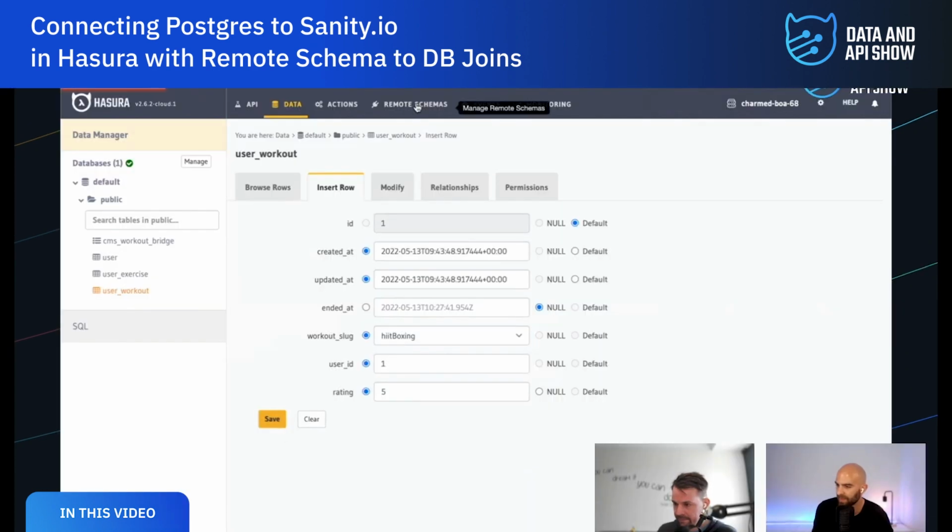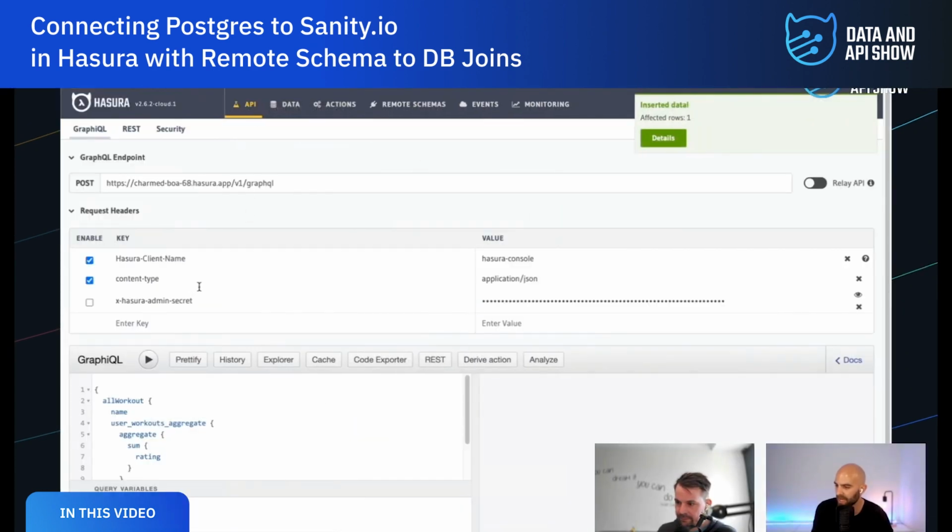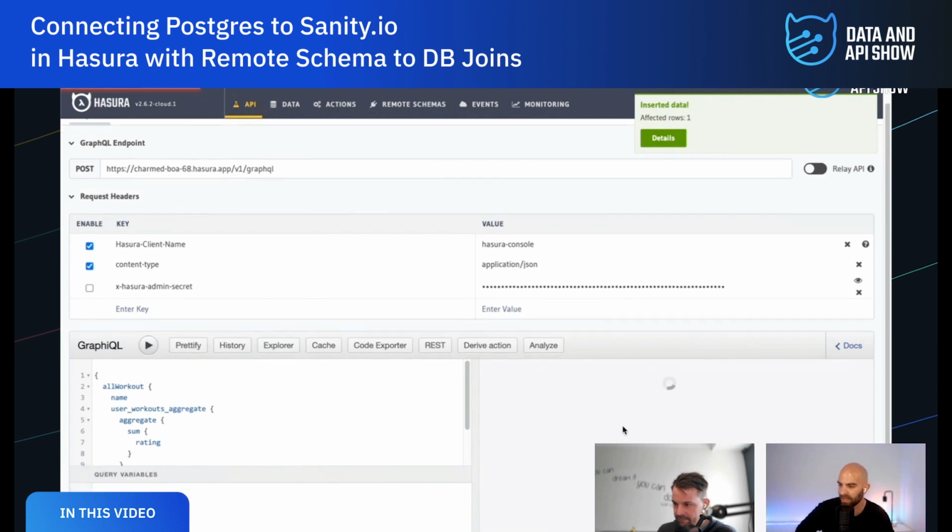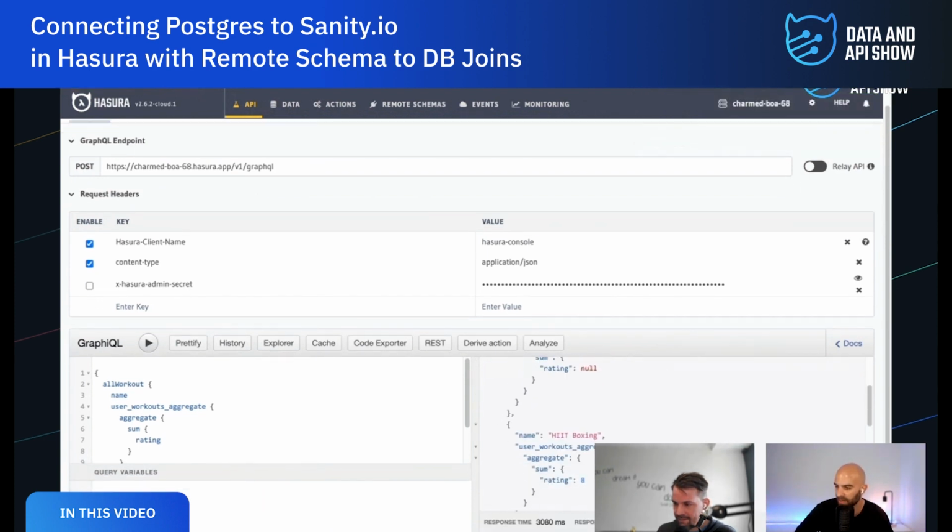We'll hit save. And then if we go back over to the API here, we run that again, we should see that we've got a sum of 8 now on our boxing. So that's a really great way to leverage our local data with our remote schema, putting an umbrella of Hasura's permission controls on top of that, and being able to give us a very powerful data story to ship to our web developers or our mobile developers to say, hey, if you have access to it, put it on the page, however you want to surface this, and be able to tell part of this story, which is a really powerful way to work.